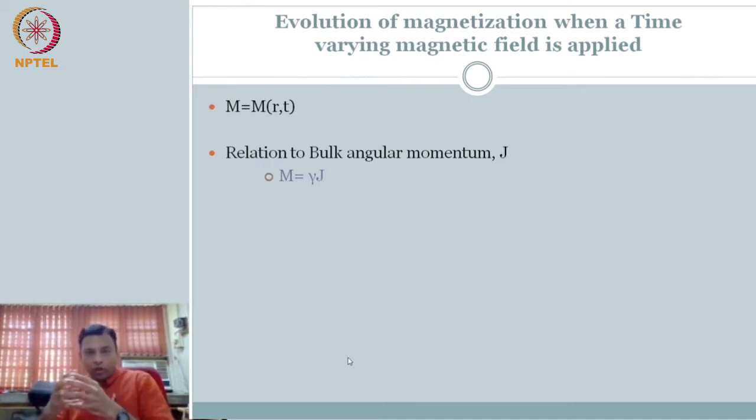Therefore, naturally, if you take a volume, when you have a net magnetization vector, capital M, that has to be related to the bulk angular momentum. You have angular momentum due to individual nuclei. So if you take a volume, you have many of them. So there is a bulk angular momentum, capital J, which is related to your net magnetization vector, capital M, using M equals gamma J, the same analogy that we had with the microspin: mu equals gamma times the angular momentum of the individual spin. The same thing holds here. We call capital J the bulk angular momentum.